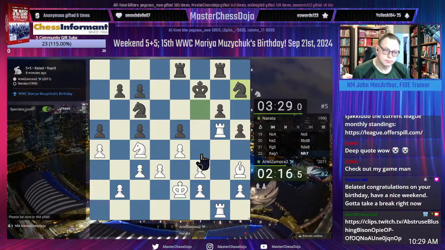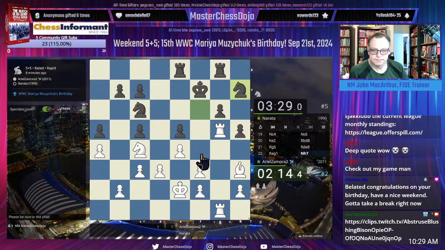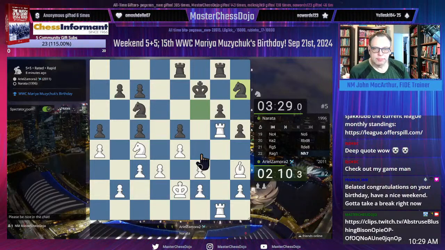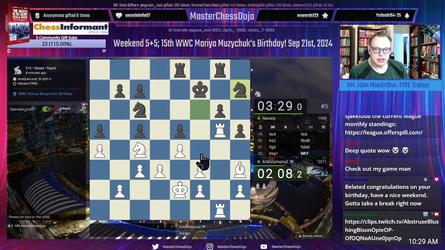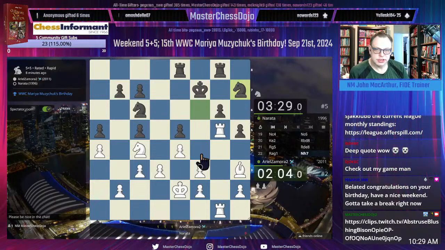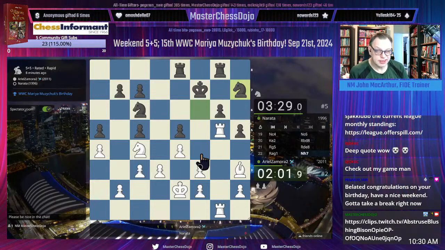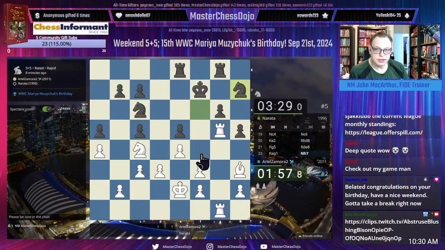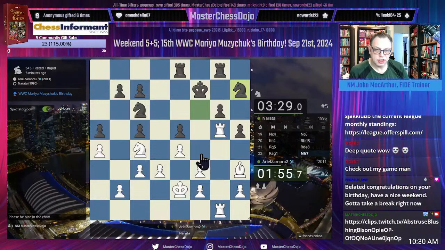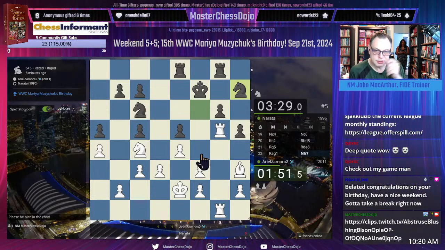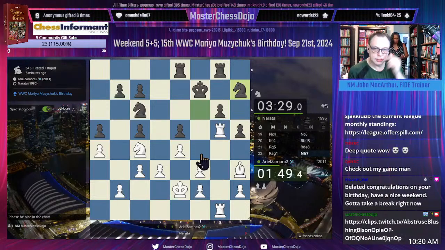Maybe it does work. Bishop d7, knight takes, bishop takes e8, and then rook takes. But bishop d7, rook e7, bishop takes c6, knight takes check, bishop to d5 check, knight e6. No good.